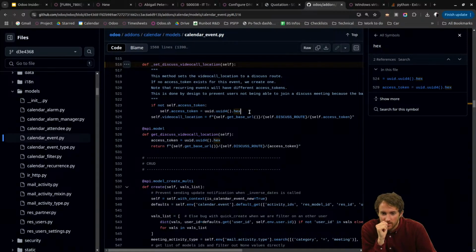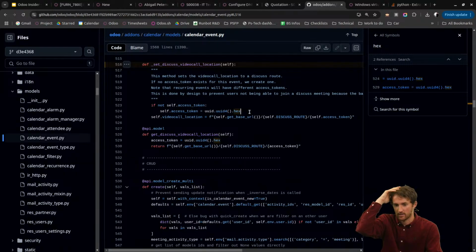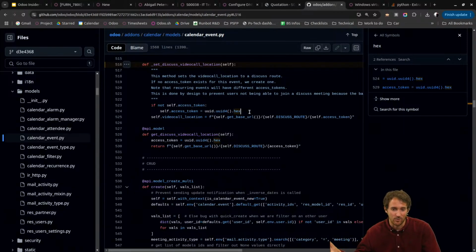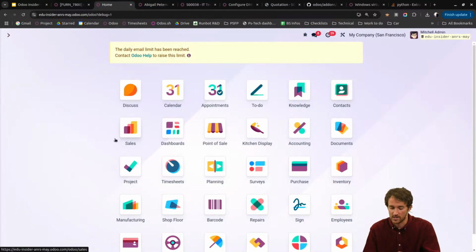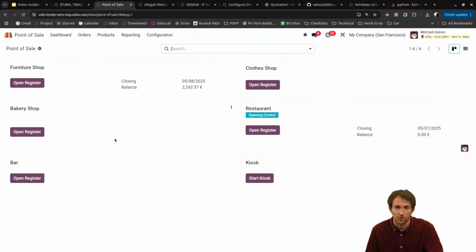Okay, but so the salespersons don't have access to complete the sale. So I guess that what you mean is that your salespersons are simply going to display the product image of the product. Or maybe what you say is that for now they don't have access to the tool. What you could think of is the fact that when you use the Odoo point of sale solution, for example here my closest shop,